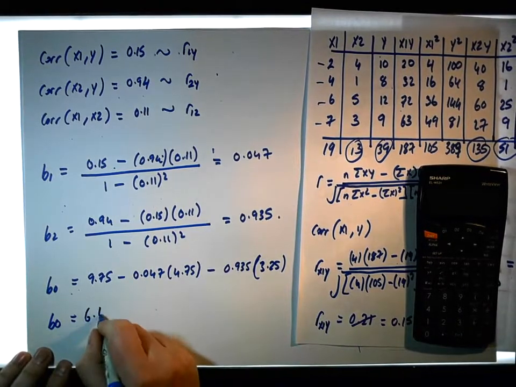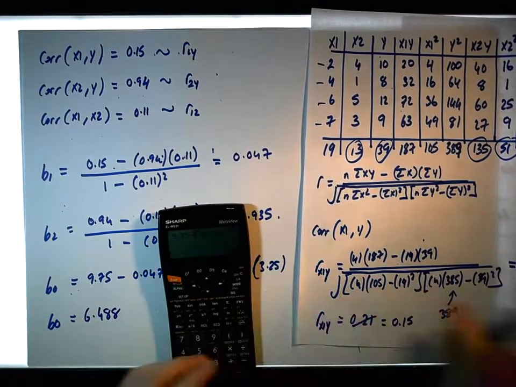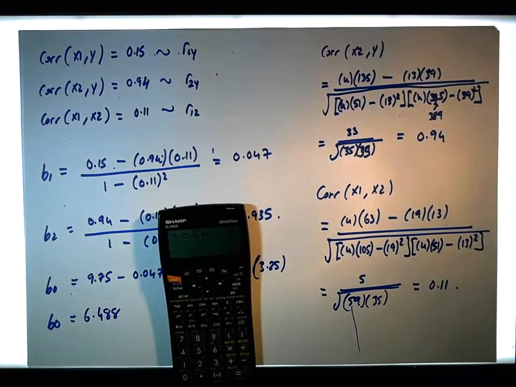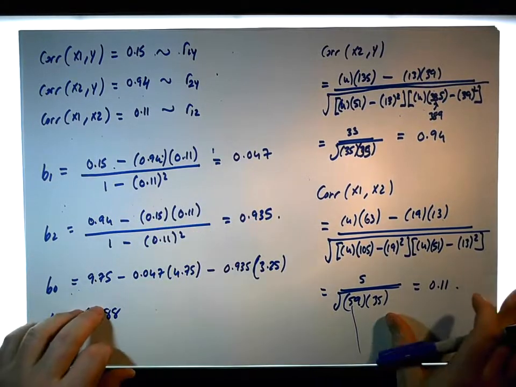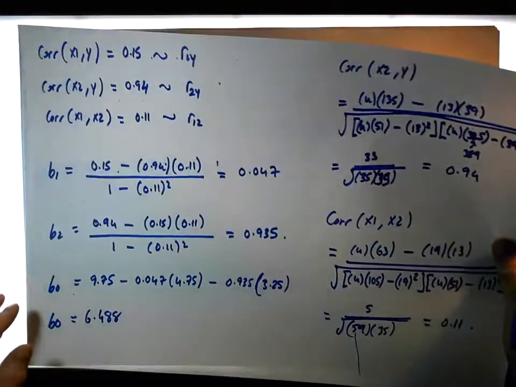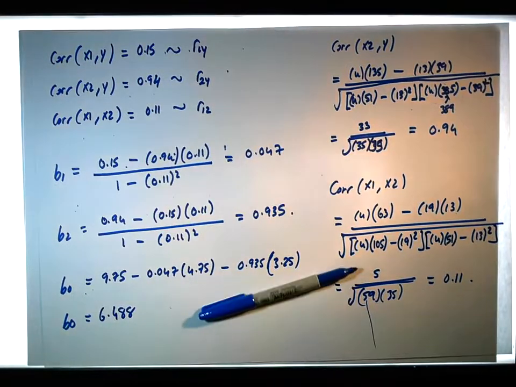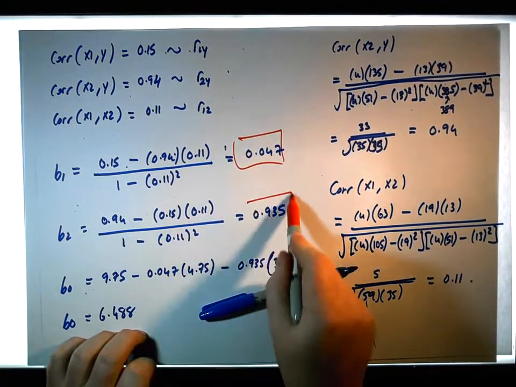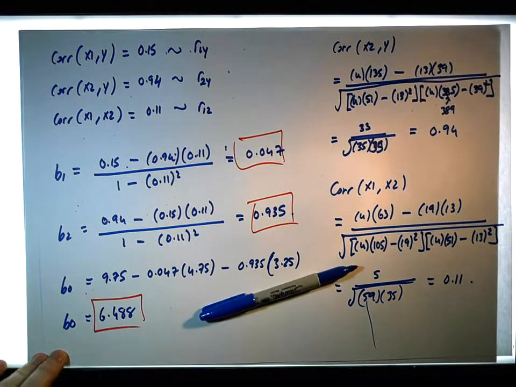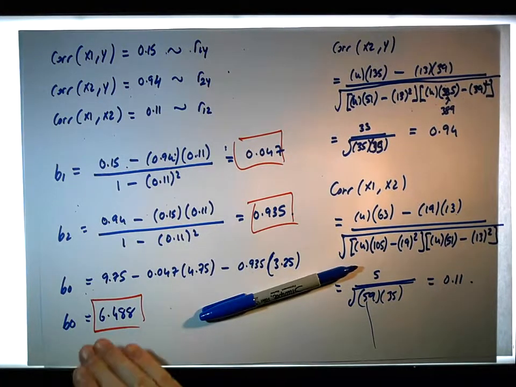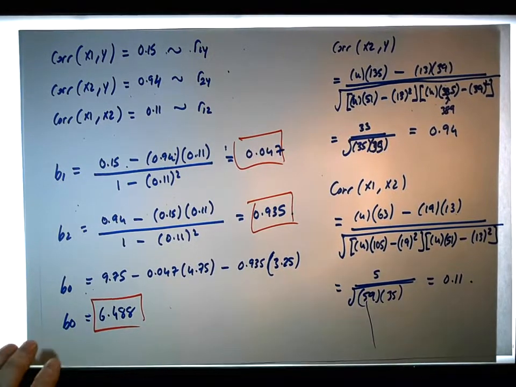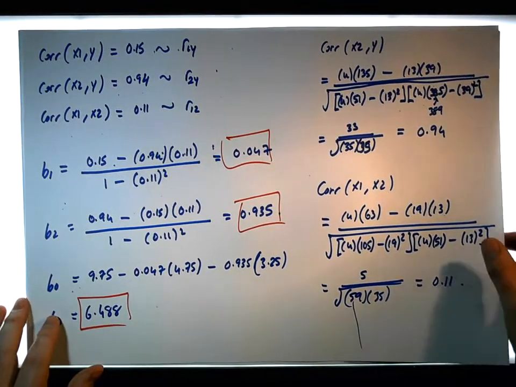So 6.488 is what we've ended up with there. Okay, so effectively, I know there's a lot of work here, but let's now get the model. We have just calculated our B1, our B2, and the constant term, where the plane intersects, I suppose, the dependent variable axis. So now the model actually is